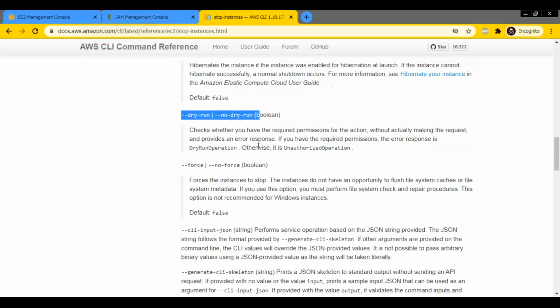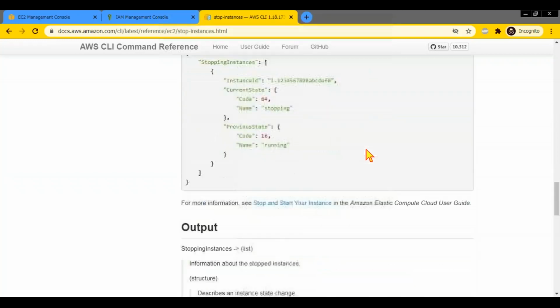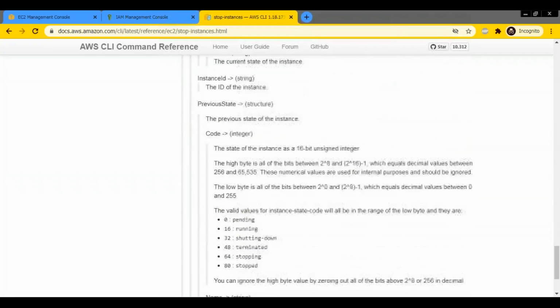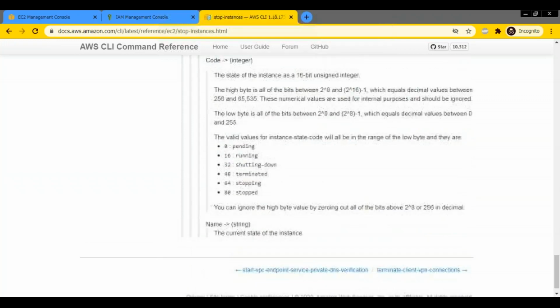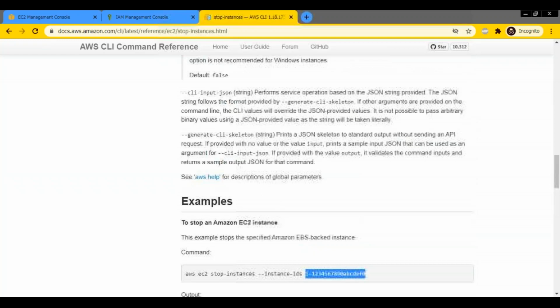We will see these things. And they have given an example. You can straight away choose the command, you come down to the example. AWS EC2 stop instances, instance ID, and this ID. So what is this command going to do? It is going to stop an instance with this instance ID. So like this, for every command you will have an example, basic syntax. So you don't have to go through the entire page, but you have to know what is an instance, what is stop instance. So like that you just have to go through this document.